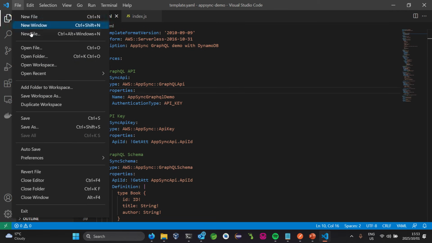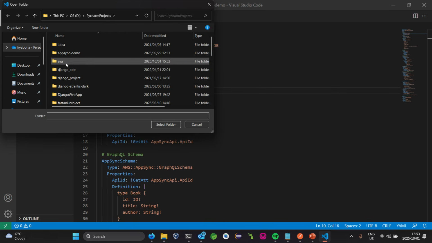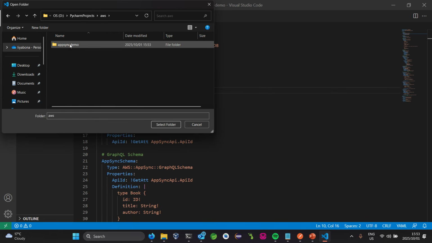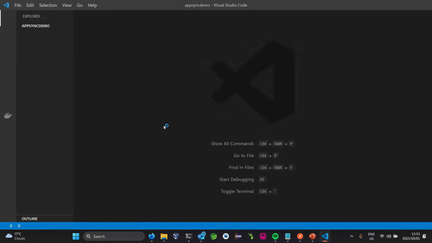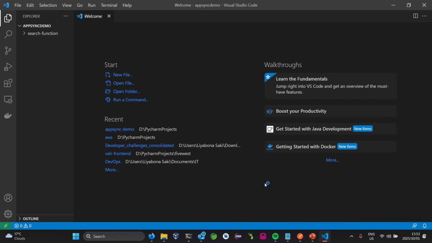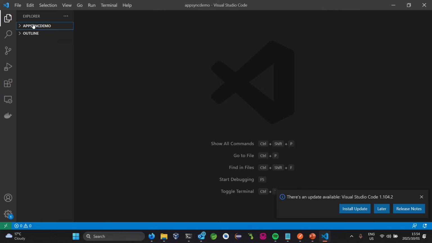Okay, so now just open up the folder. We need to open the folder. Okay, AWS AppSync demo. I open this in here. Okay, which is now what we should be seeing. Okay, currently it's empty. So the first file we need, which should be directly in the default file, which is